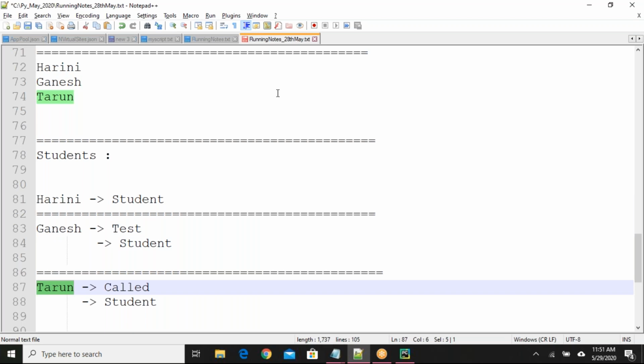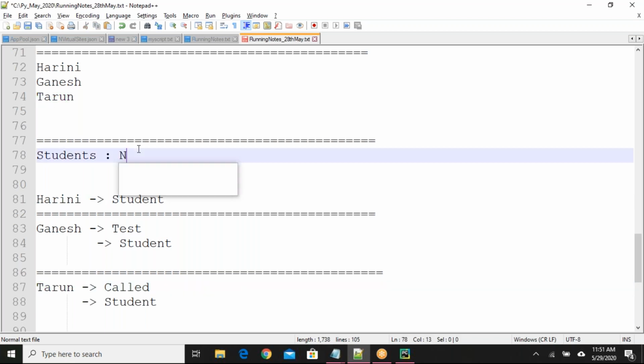When I'm talking to Harini, she has a name, some qualification, a different location, a personal address, and different values for certain properties. For students, I have properties like name, course they joined, and batch number. For the first student, name is Harini, course is Python, batch number is 2.